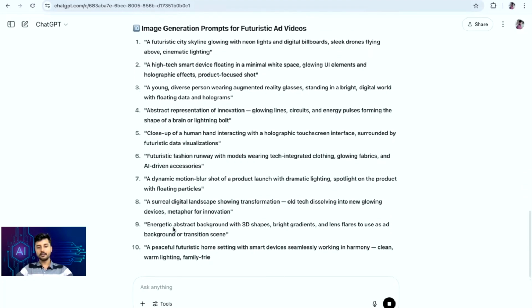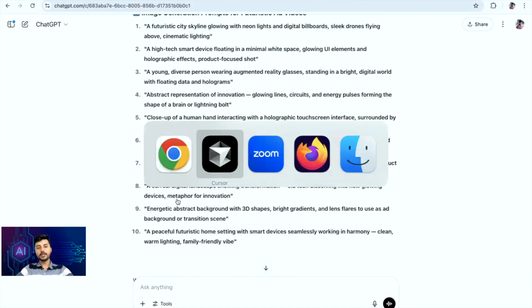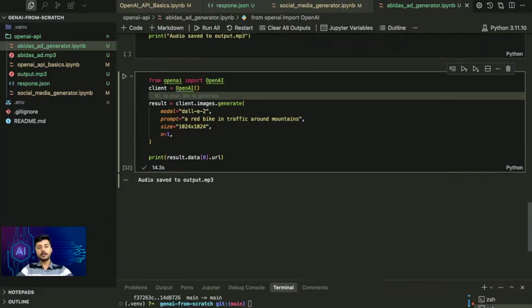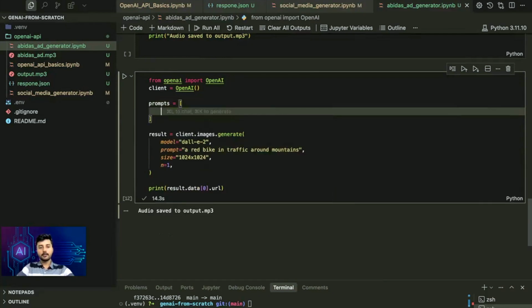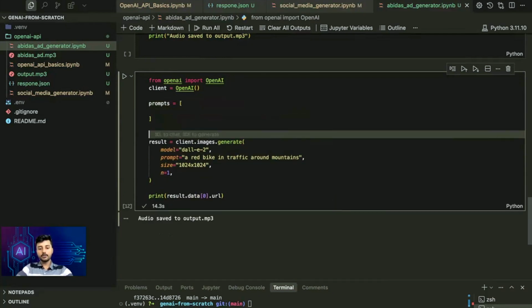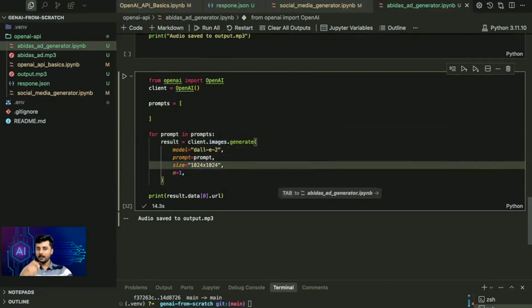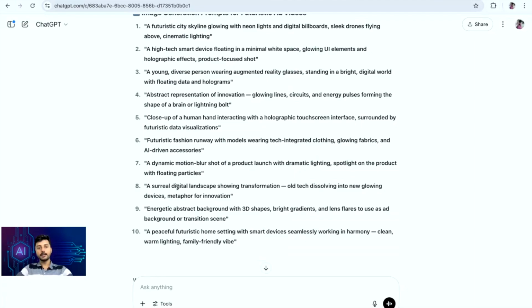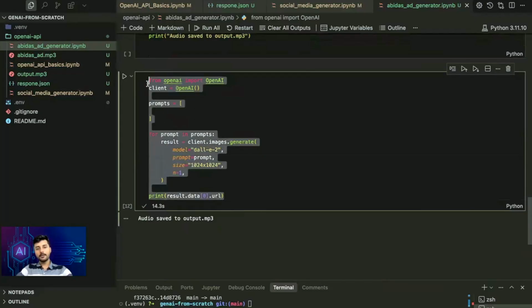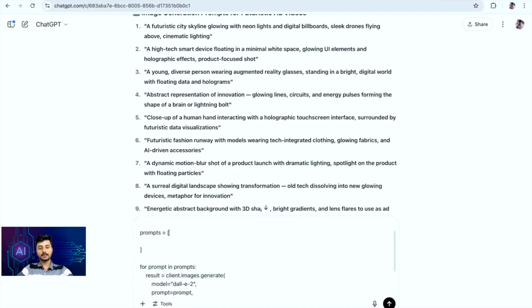So it gave me 10 beautiful prompts for the ad. Now we need to run those prompts one by one, right? What I need to do is, for prompt in prompts, I'll just do this. But I need to copy the whole thing from here and paste it here. So what I will simply do is pass this whole thing to ChatGPT and ask it,